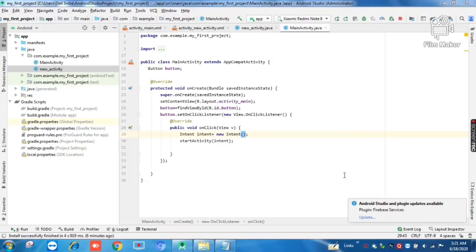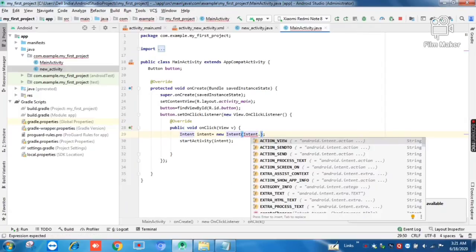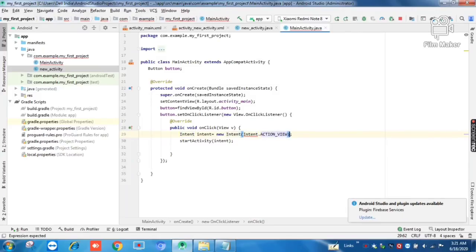It is much similar to our explicit intent. We just need to change this part. Inside the bracket, we just need to create an intent and choose the action we want to perform. So use the action component. We will just view the web link. So ACTION_VIEW,